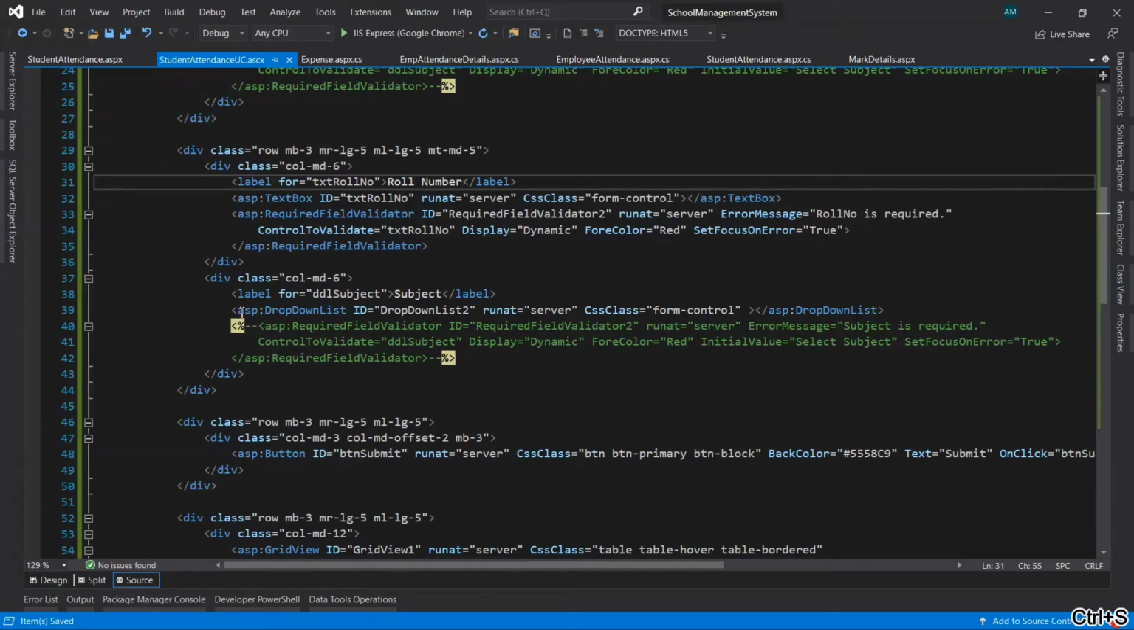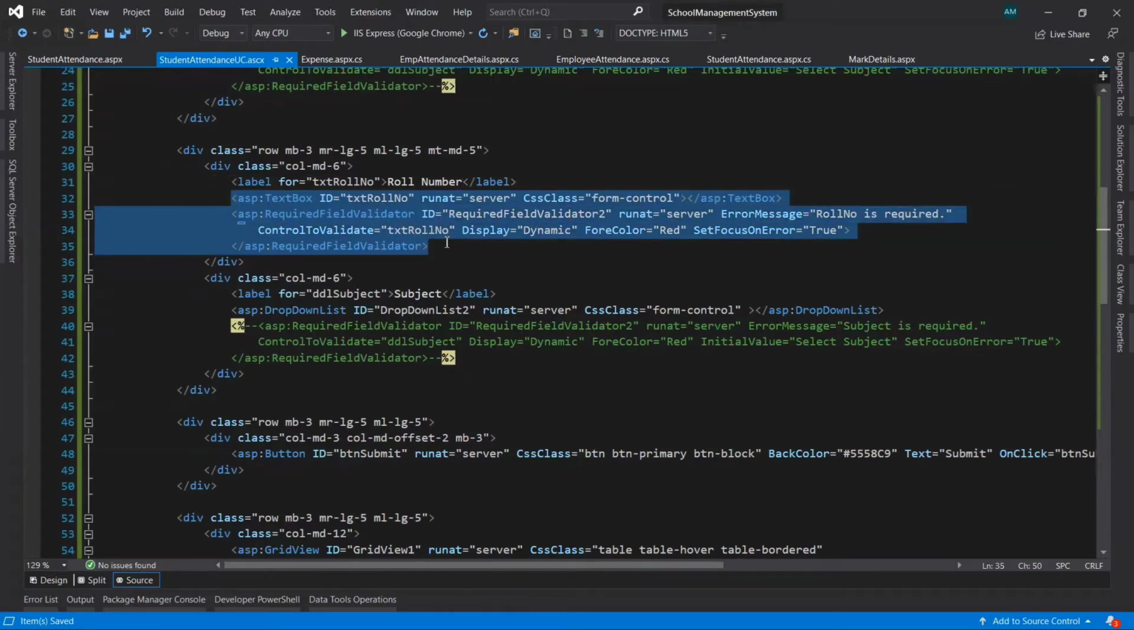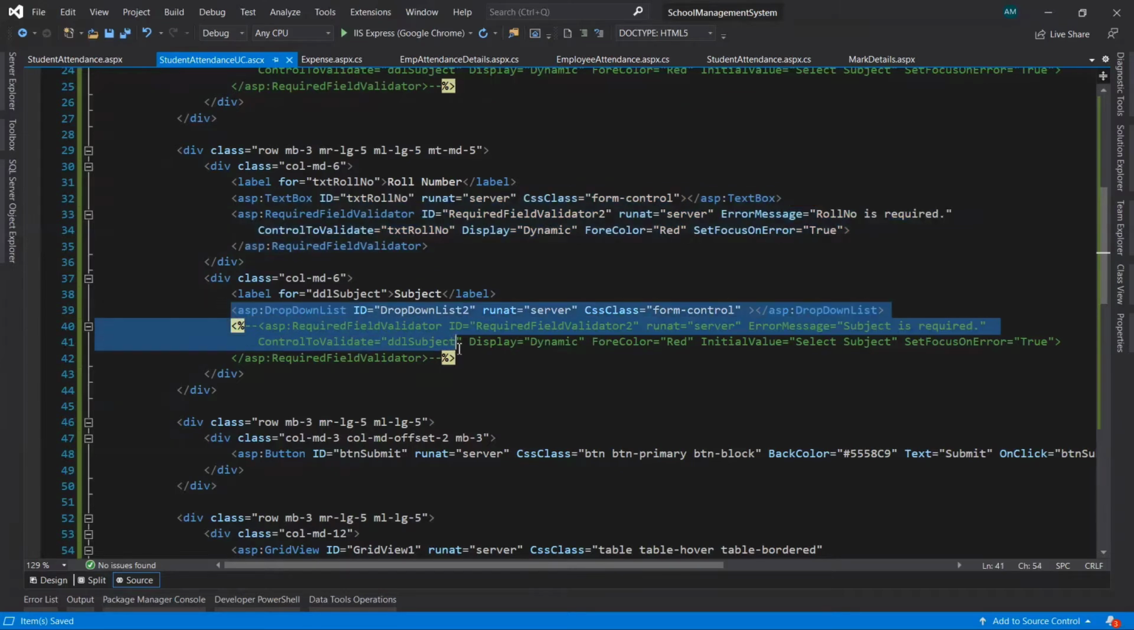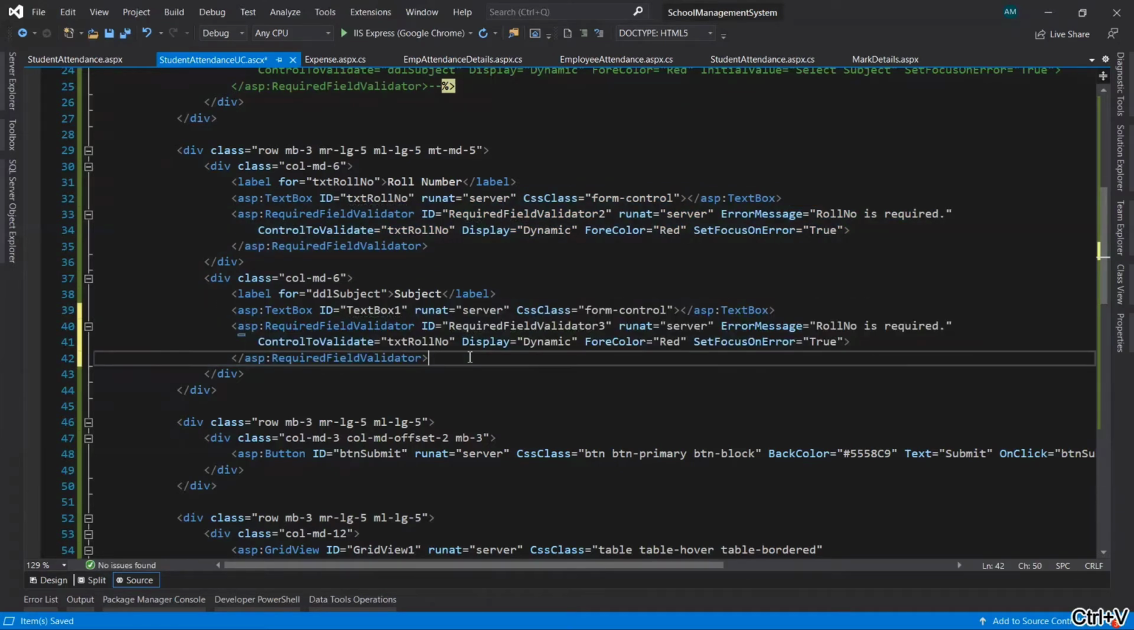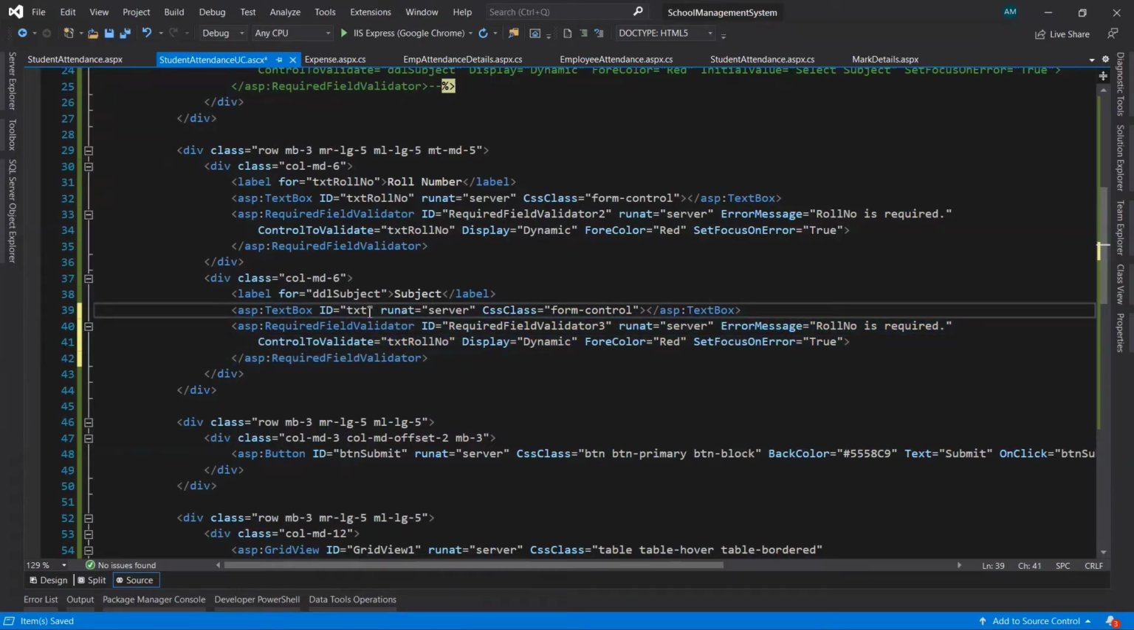Now we want a text box for the month also, right? So we'll have to replace this drop down from here and paste it here. Okay, so let's change the ID of it. Txt month,